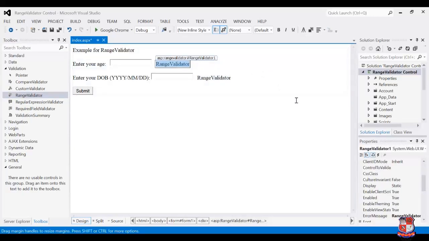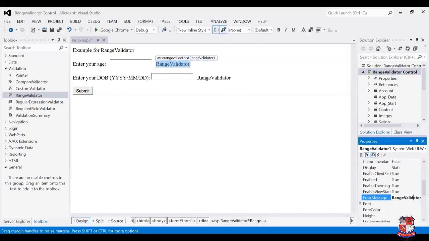Okay, I'm selecting the first range validator control, and this is for age. I'm changing the error message, I'm giving the error message like this: invalid age, please enter age between 20 to 40. So I am setting a constraint over here: the user can enter his age between 20 to 40 only. If he or she enters a value outside the range, then this range validator control gives an error